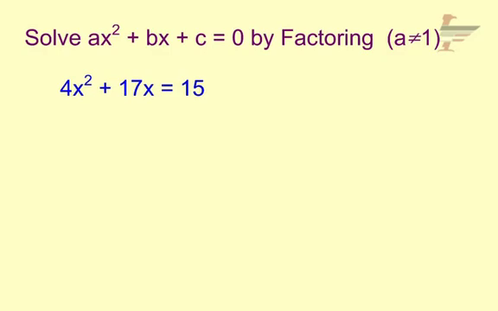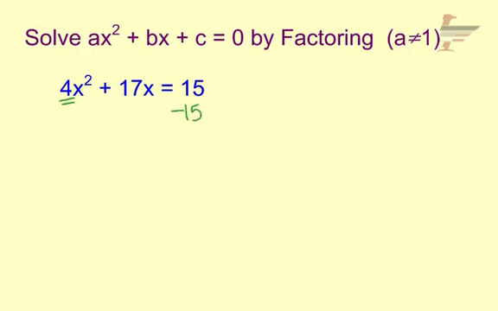To solve by factoring, we do notice that we have this number in front of our x squared. That's when a does not equal 1. That's just a heads up, we're going to be doing some guessing and checking. But first step, when you solve by factoring, you have to equal 0, which means this 15 needs to get